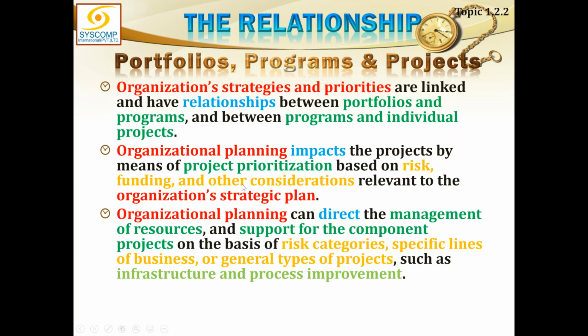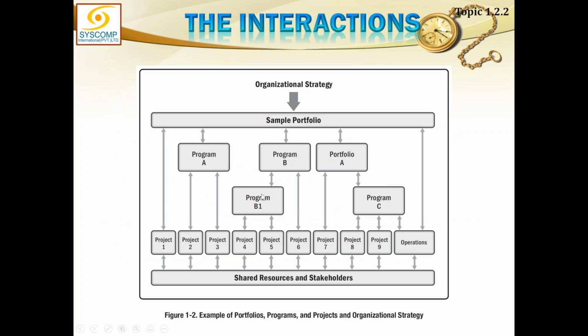So these are the three purposes. Number one, relationship. Number two, project prioritization, and number three, strategic resources. These are the basic purposes of the portfolio. How are they linked? This is an old diagram, but it shows very clearly that a portfolio